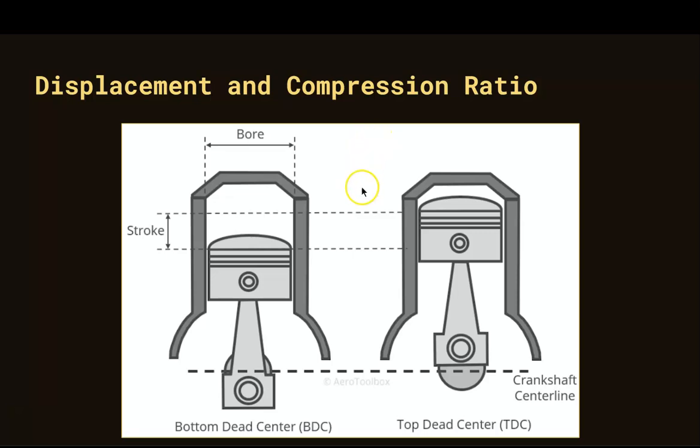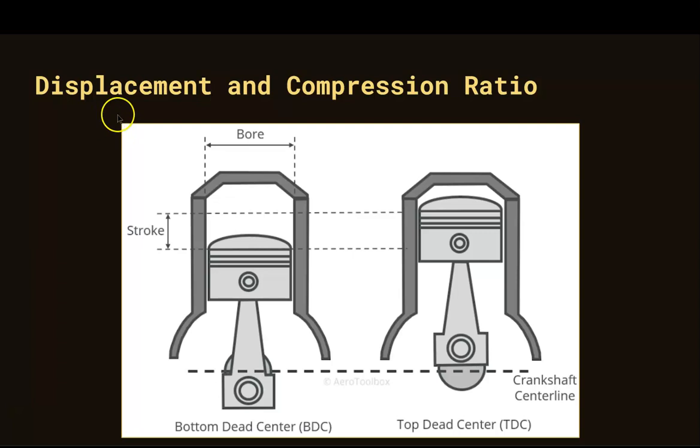So if we were to take this side here, the maximum volume that the cylinder contains, and put that value over this value here, the volume at its smallest, that ratio, that relationship would give us some sort of ratio that tells us how much the mixture is squeezed. So 8.5 to 1 is an example of a ratio. This side is 8.5 times bigger than this side, and that can tell us a few things about the performance